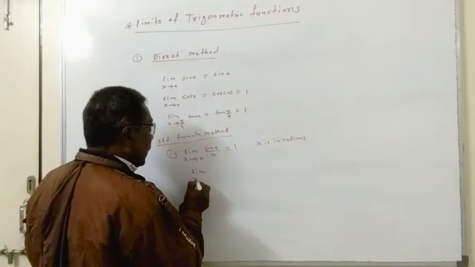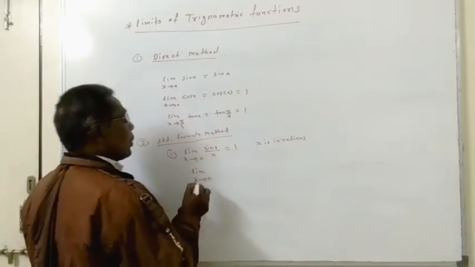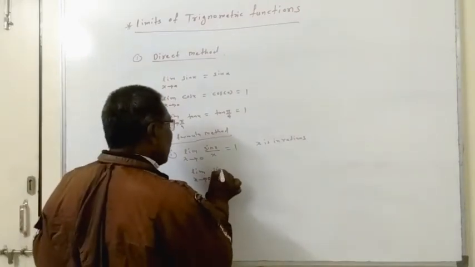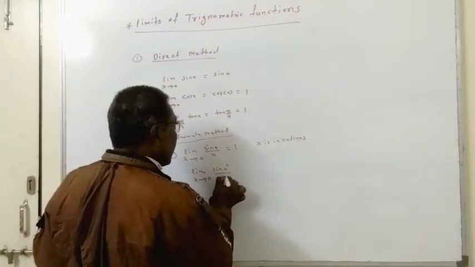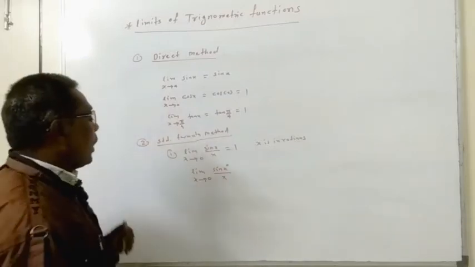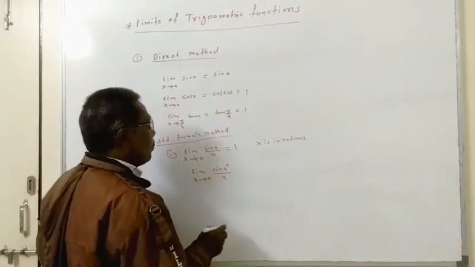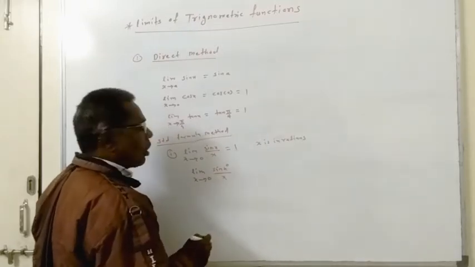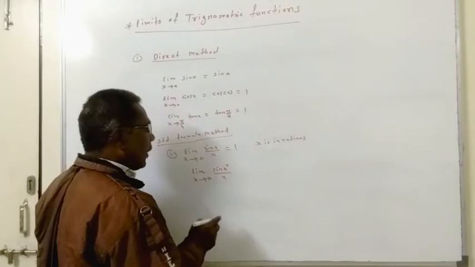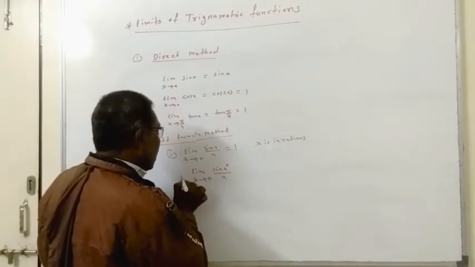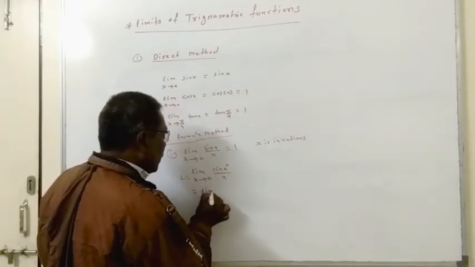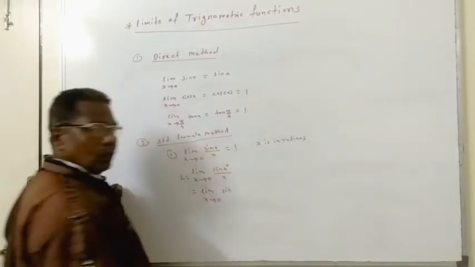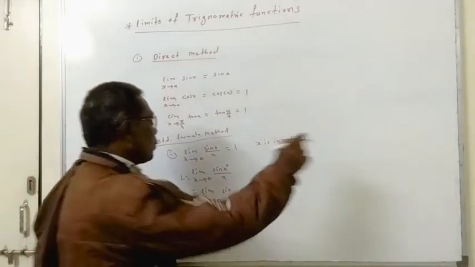Now suppose limit x tends to 0 of sin x degree divided by x. To evaluate this limit, the angle is in degrees. When the angle is in degrees in calculus, it is specially stated. When not stated, always consider the angle in radians. So this is equal to limit x tends to 0 of sin of... Now you know that 180 degrees is equal to pi radians.